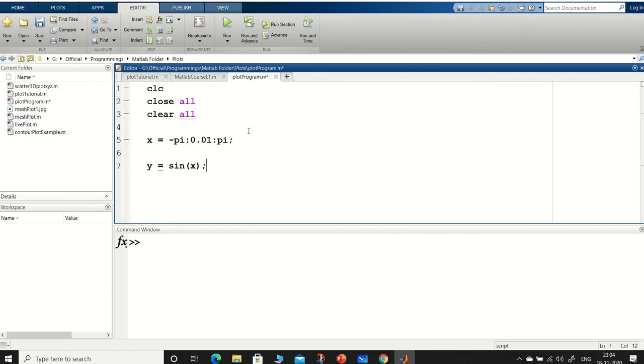So x goes from minus pi to plus pi in a step of 0.01, and we are designing a vector y equal to sine of x.